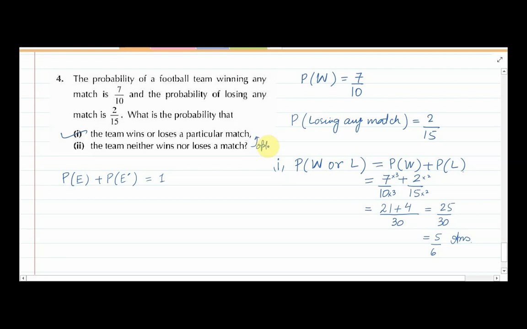It is the opposite of the first part, so I can say that probability that our team wins or loses is 5 divided by 6 plus probability that the team neither wins nor loses, basically the draw of a match. So probability that the match is a draw equals 1 minus 5 divided by 6. LCM is 6, so it will be 6 minus 5. Answer is 1 divided by 6,